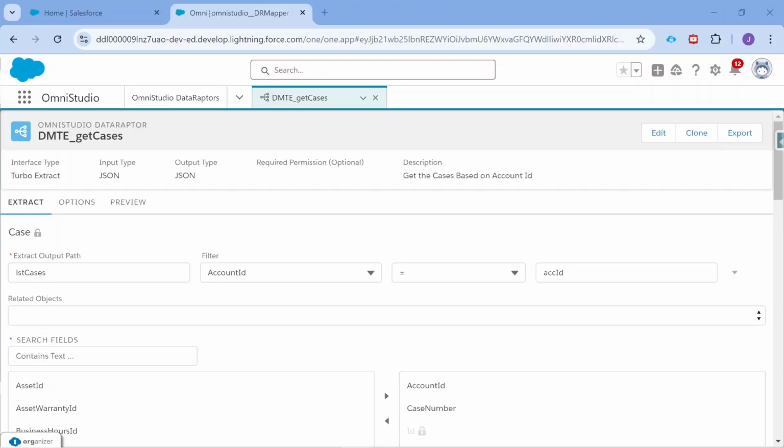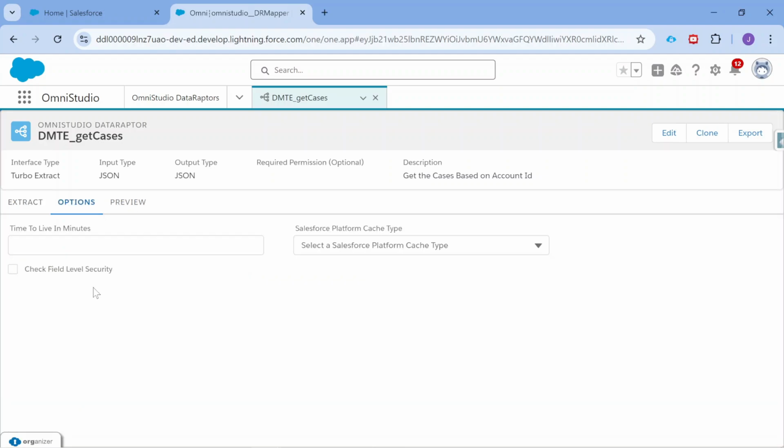In our last video, we understood what Turbo Extract Datamapper is. There is one point which I missed to explain in the last video, and that is about the field level security check and the significance of it. So if you go to the option section, here in the option section, we have a checkbox called